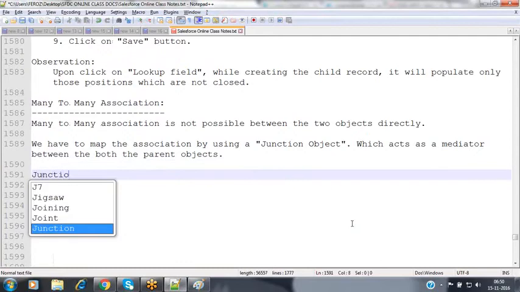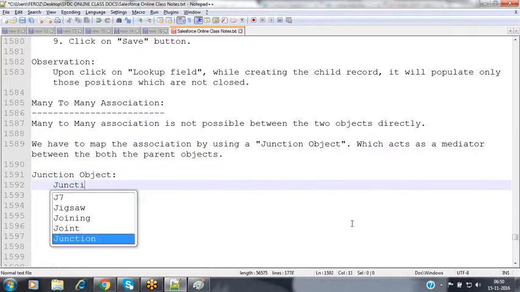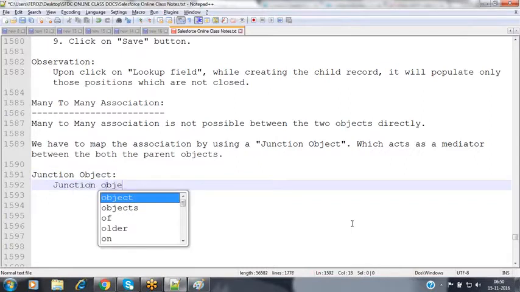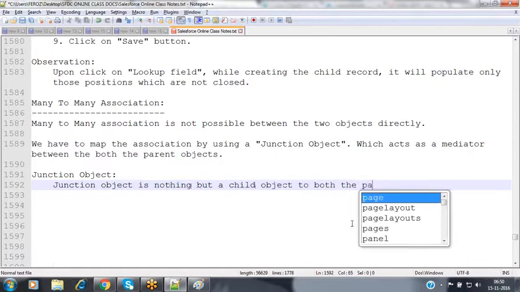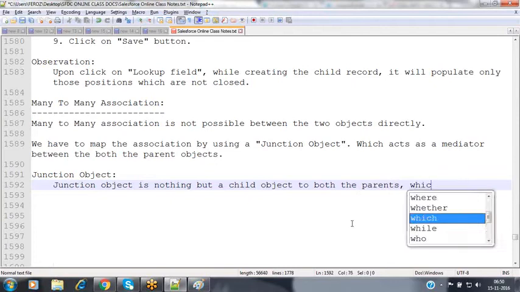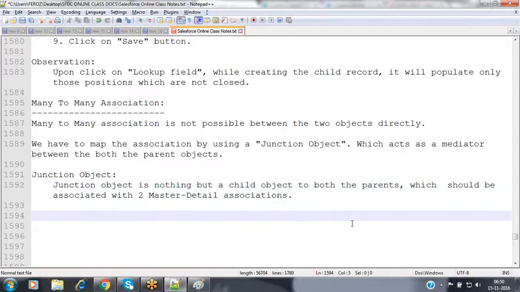A junction object should be prepared as a child object to both the parents, which should be associated with two master-detail associations. So we need to create a junction object.